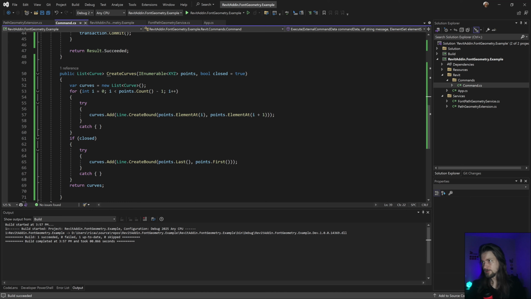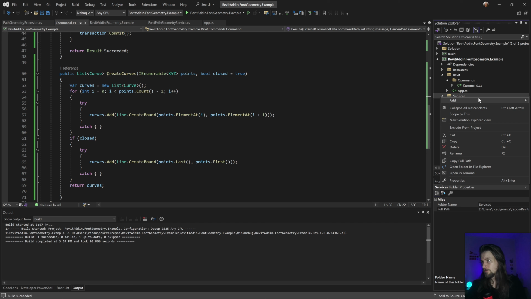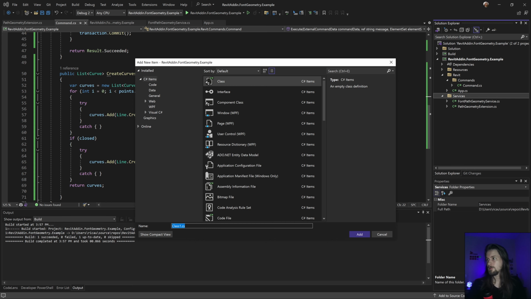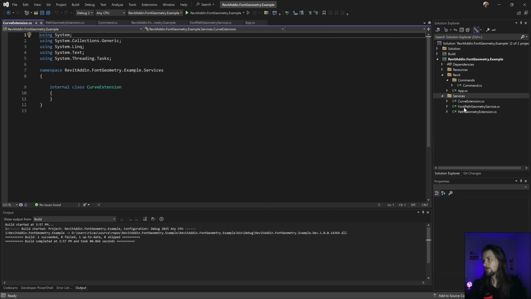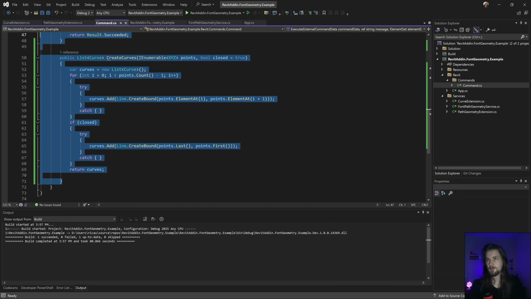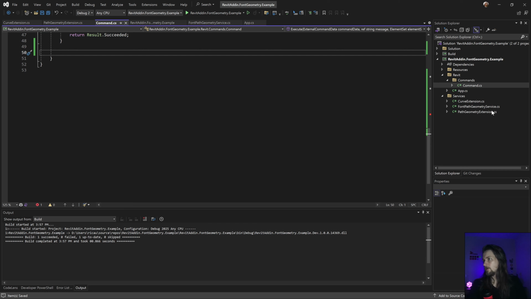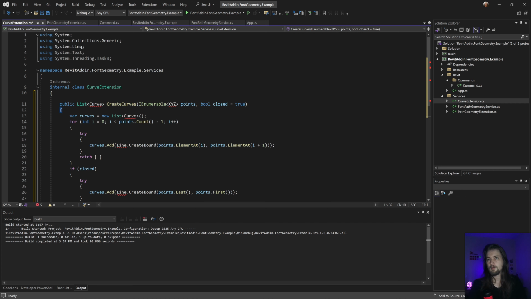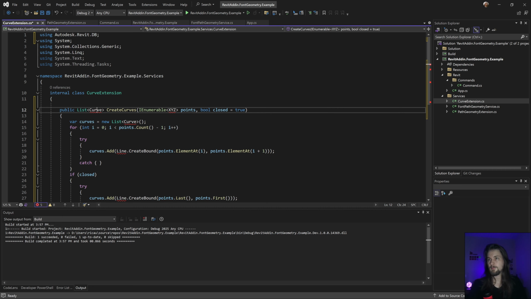Okay, let's create in here a new extension, curve extension. Yeah. And I'm gonna copy this one. Yep. Curve extension. This is a curve. Yep.